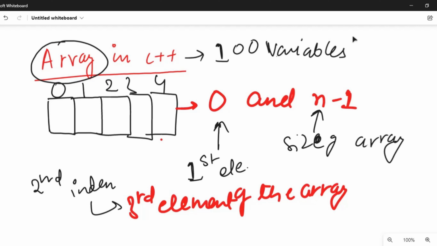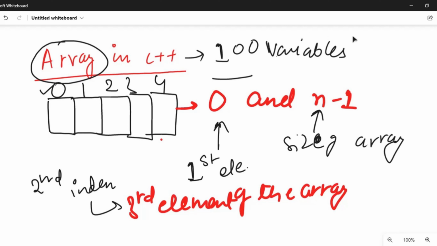So if we need to define one or two variables, then yeah, we can use the variable concept, like we have declared the variable and after that we have assigned the values to them. But coming to 100 variables, it may be 1000, it may be 1 lakh. So are we going to define 100 different variables?